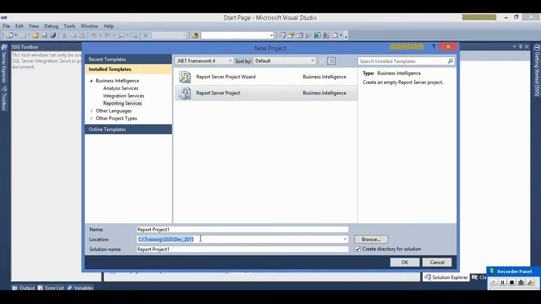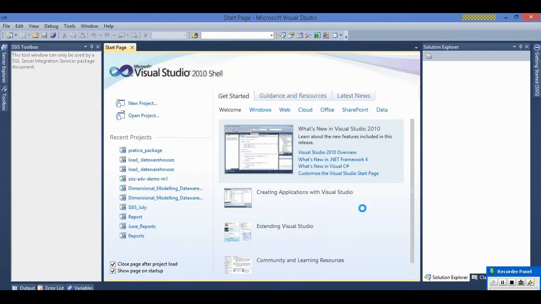So click on Report Server Project, and make sure you are in the right folder, wherever you want the project to be created. So I will just do SSRS and then Feb 2016. Then I'm going to name this Reports. So just give the name in there and define where you want your project to be. Make sure you know the location. Don't use the default location, otherwise it will be hard for you to find that project, because you need to move it around sometimes. So make sure you know the location. Okay, so if you click OK,